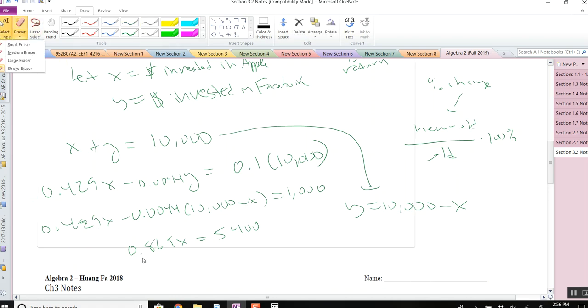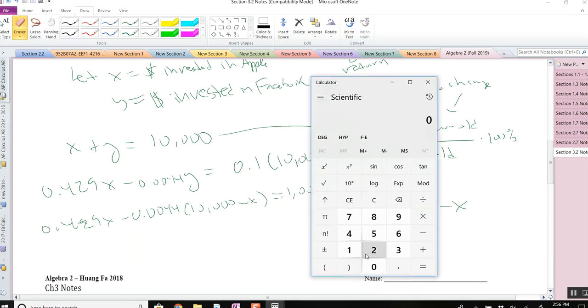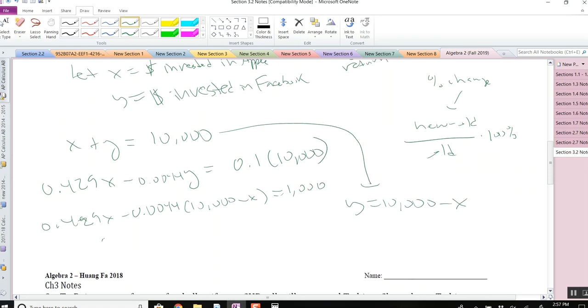So this is also wrong down here. So definitely going to need a calculator for this one. This is going to be too hard to do in my head. So I got 0.429 minus 0.0044. Actually, be plus. 0.429 plus 0.0044. Okay, so you have